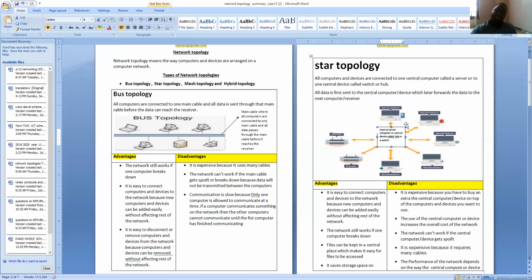So if this one dies, the central device or server dies, it means computers cannot send data to other computers or devices. So the network, the communication relies on the central computer. If it's not working, no communication can be done. That's one disadvantage. Another disadvantage is that